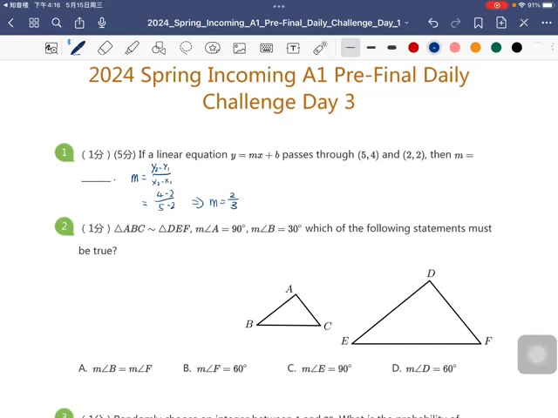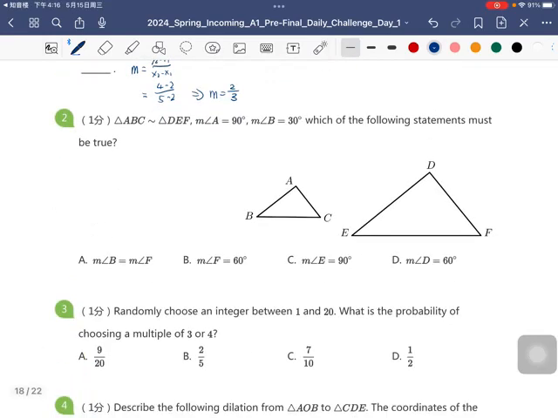Alright guys, then let's take a look at the second one. In the second problem, we have similar triangles, okay? And for similar triangles, something very important is to find their corresponding angles, okay? So A and D are corresponding, B and E are corresponding, and that leaves C and F as corresponding angles, okay? And then browsing through each option, right, B is the only correct one because F is equal to 60